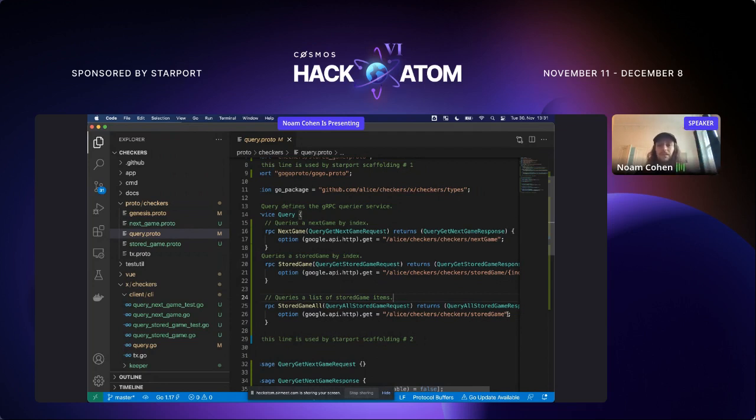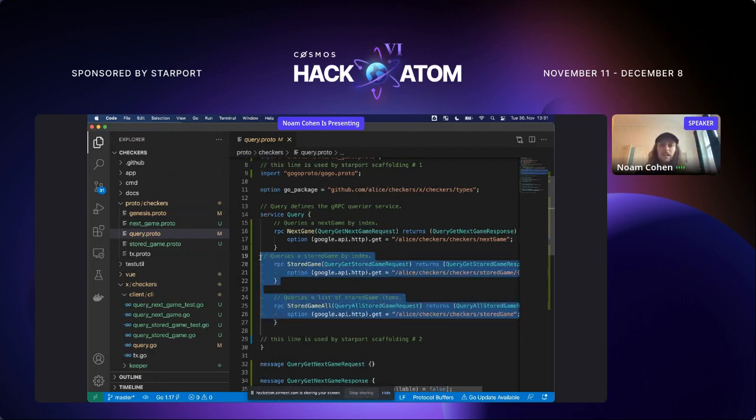And so Starport understands that because it was a mapping, and the SDK then generates, and Starport generates 2 queries because you want to get it by index and as a list, but it understands when you're just getting the next game value, that's just one variable. So yeah, it's very context aware, and that's really useful. That means that we don't really have to do much. Anyway,